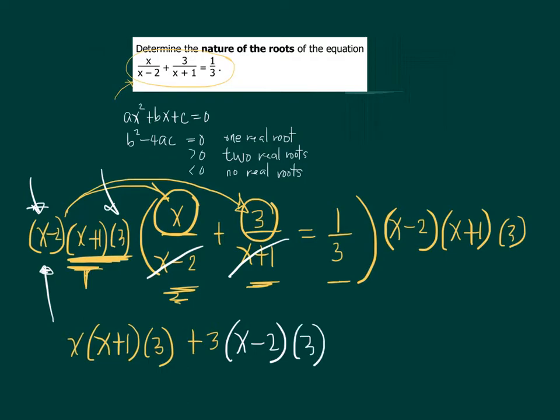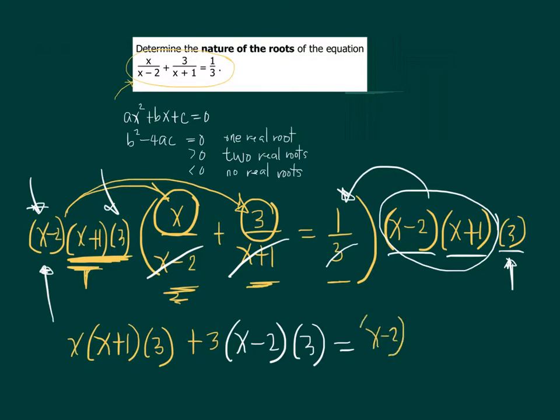Okay? And then on the other side of the equation, if we multiply x minus 2, x plus 1 and 3, this 3 will cancel the denominator 3. So these remaining factors will be multiplied to 1, which is basically x minus 2 and then x plus 1. Okay? And then we continue